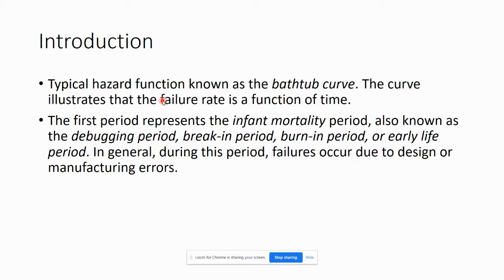So with the bathtub curve, through our observations, we notice that the lifetime of any component, generally speaking,